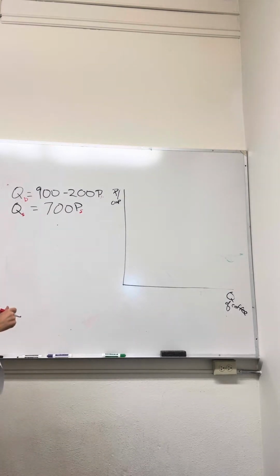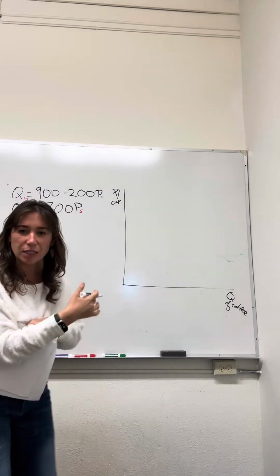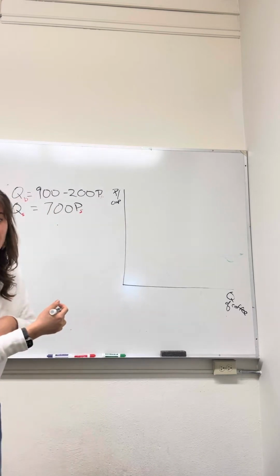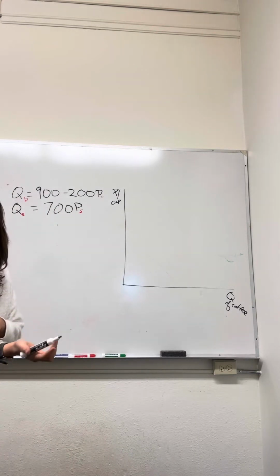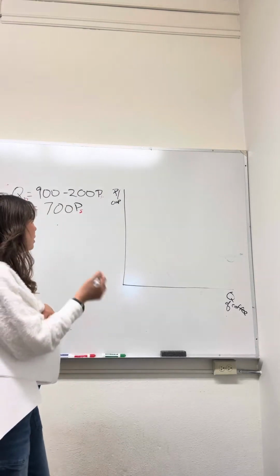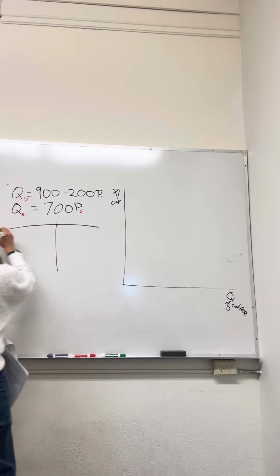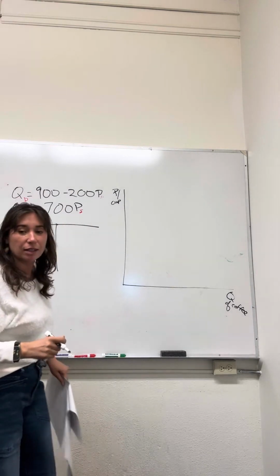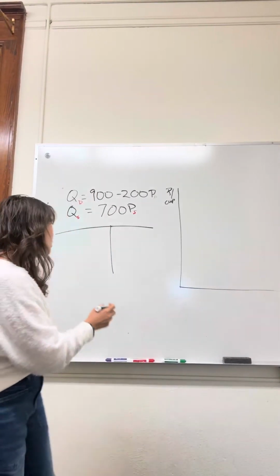Okay, next step is to graph the marketplace. And to do that, we need to get these two functions into graphical form. So we need to get them into y equals mx plus b form. And to do that, we're going to put P on one side and everything else on the other. So